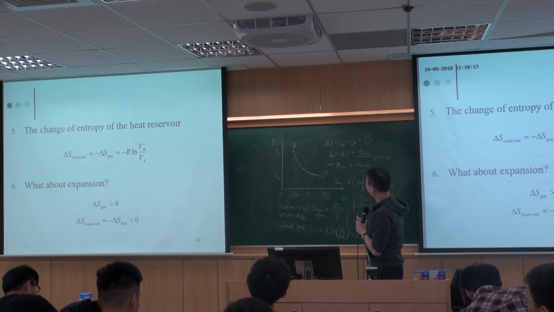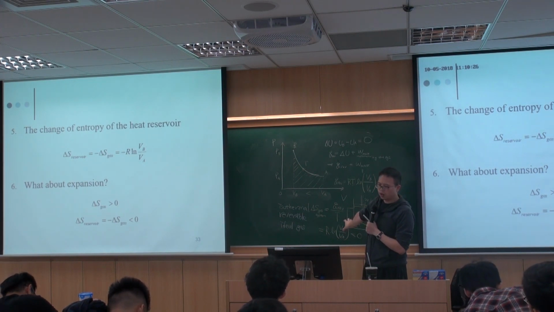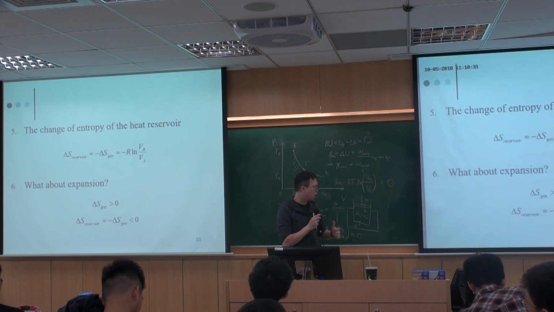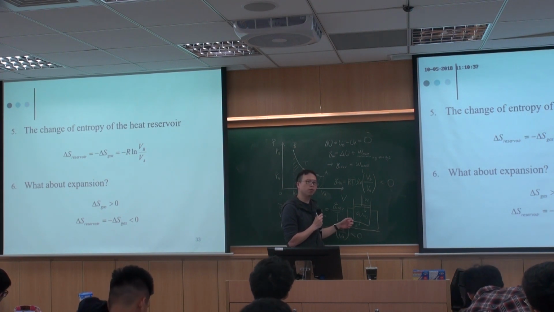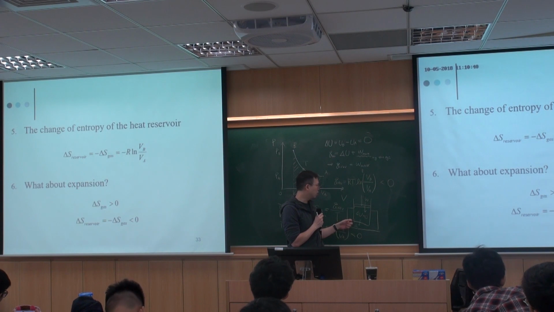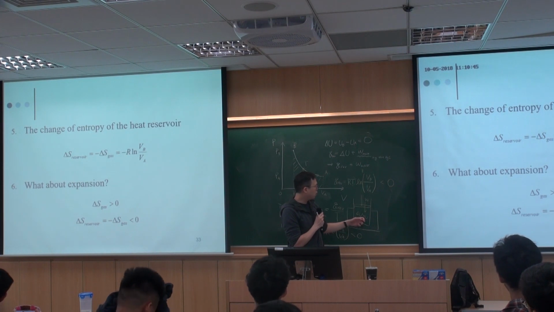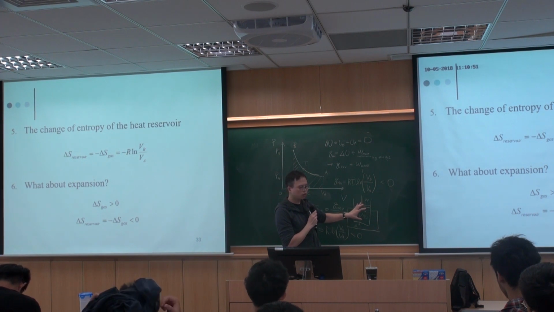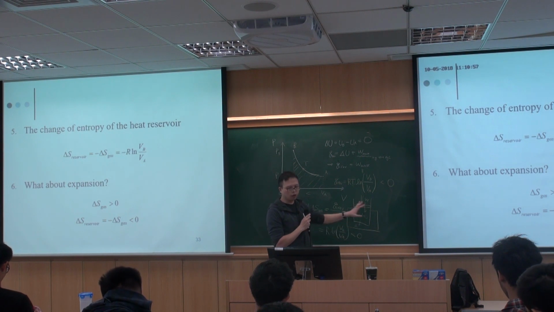So this is because we're enforcing this work onto the system. But you must drive the heat to the outside world. And in this case, the surrounding is the reservoir, and you are dumping heat into the reservoir. Therefore, the heat reservoir is becoming more and more random, or more chaotic. But the work is done on the system. Therefore, the gas, this part, is becoming more and more well-ordered. But if you look at the whole universe, the delta S total is 0.